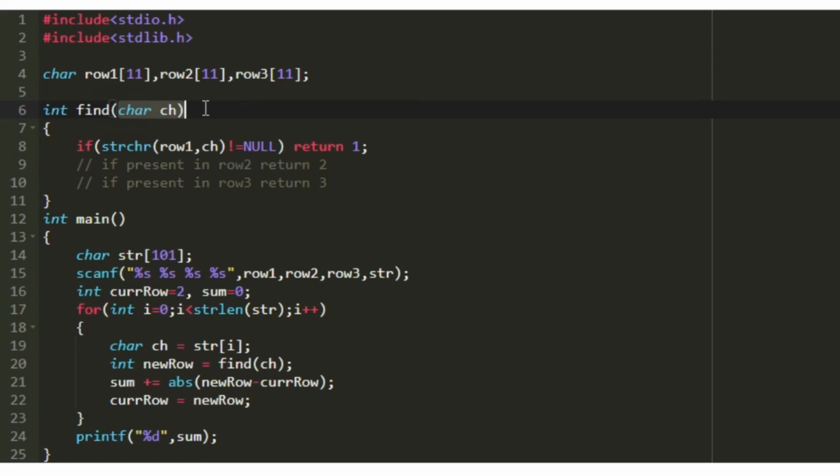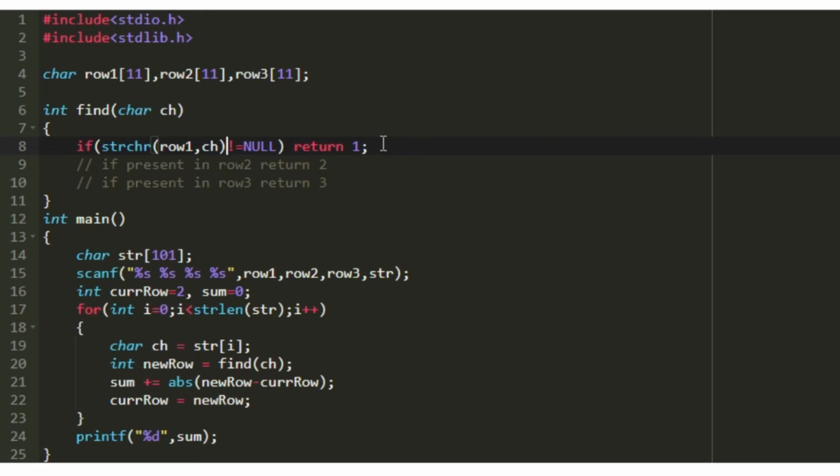It returns 1 if the character CH is present in the first row, and it returns 2 if the character CH is present in the second row. Similarly, it returns 3 if the character CH is present in the third row. To do this, we will make use of the strchr function. In the arguments, we need to pass the character array and the character. If the particular character CH is present in the character array, then strchr returns a pointer to it.